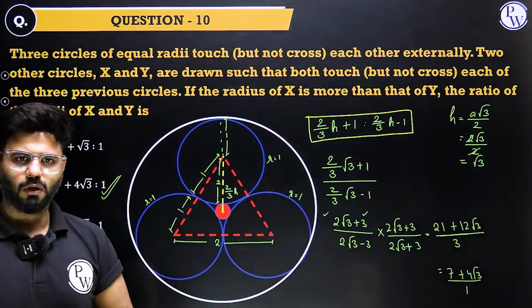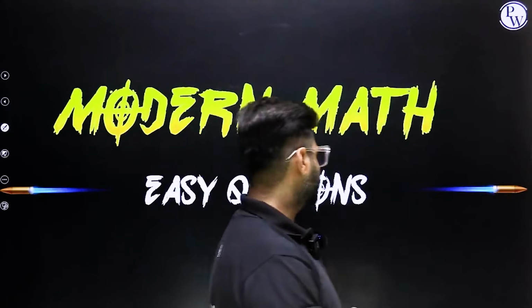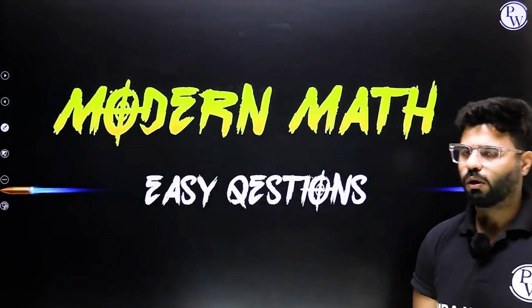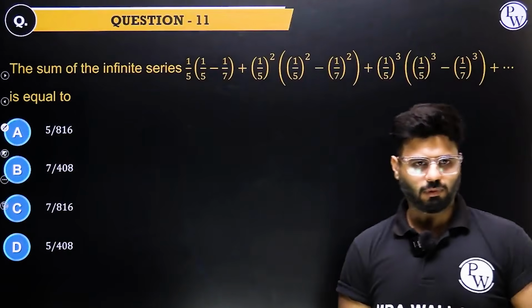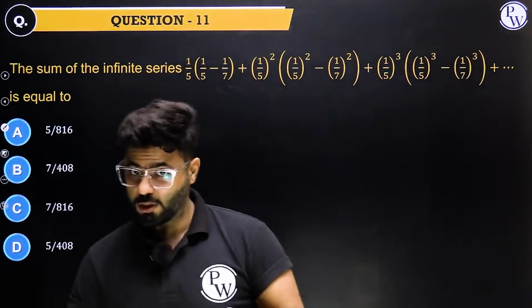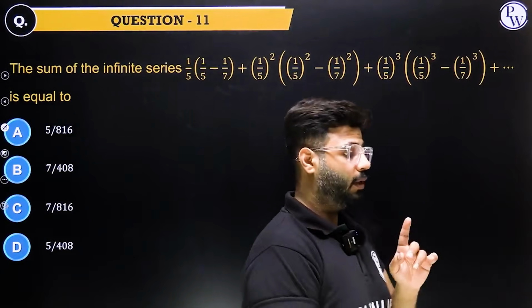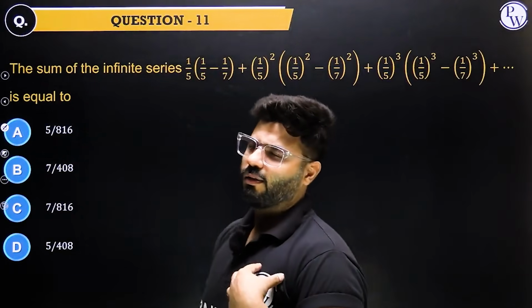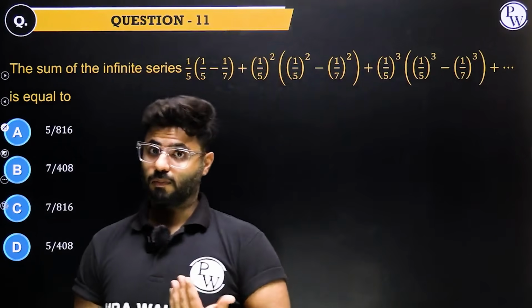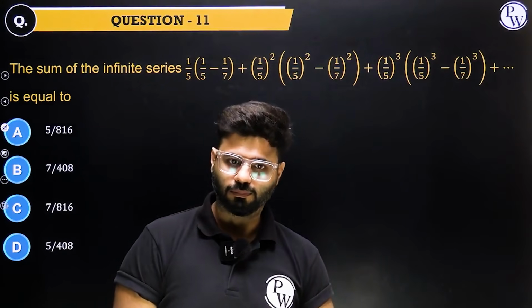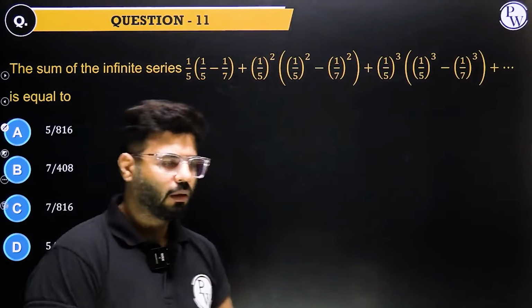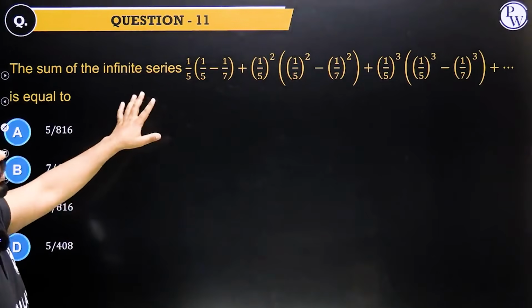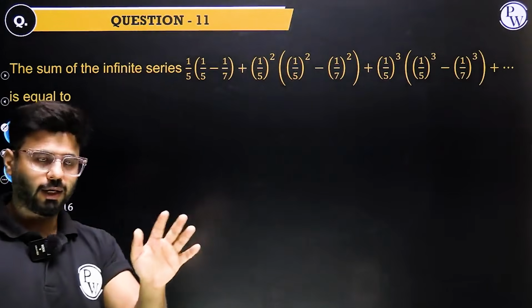So let's jump to the final question. That was based on modern math. Not easy, they're all tough, right? I've written that easy, like I wrote in round 2 of slot 1 also, so that you don't fear them. You fight with them. This question looked difficult. Eventually, this was not that difficult.